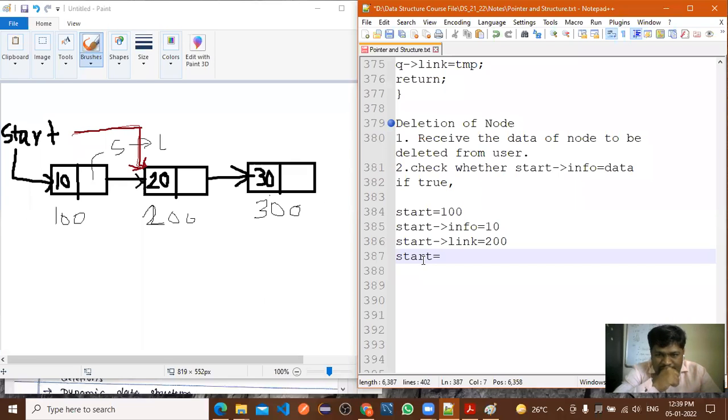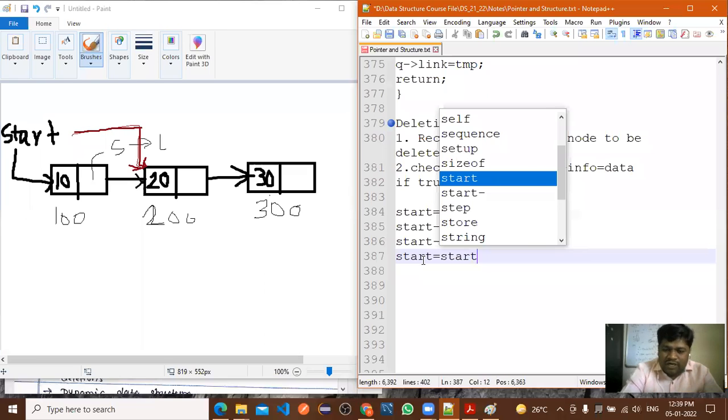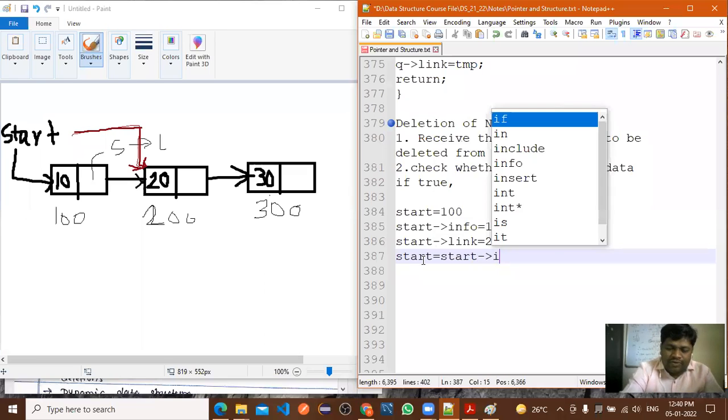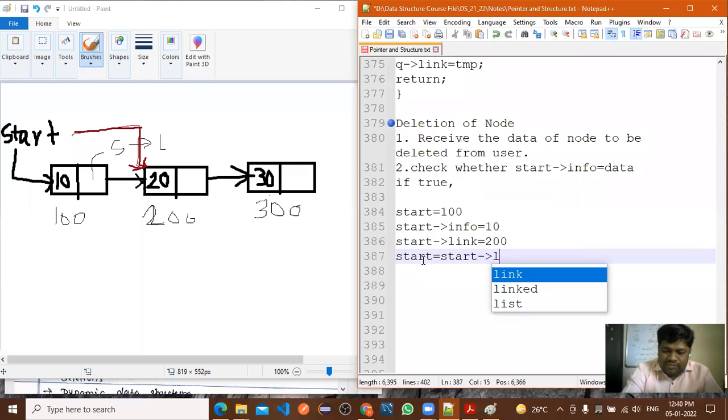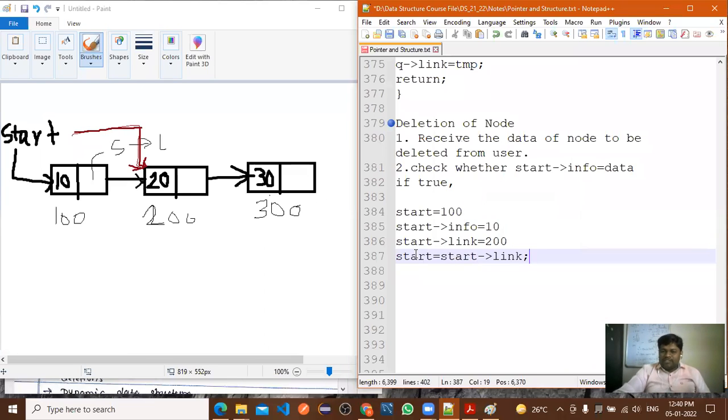Can I write like this? Start of link, so that the value 200 will be assigned to the start. Yes or no?